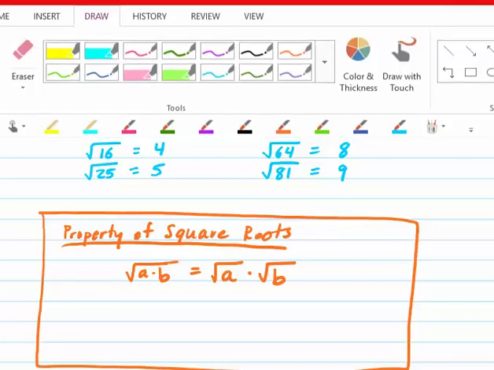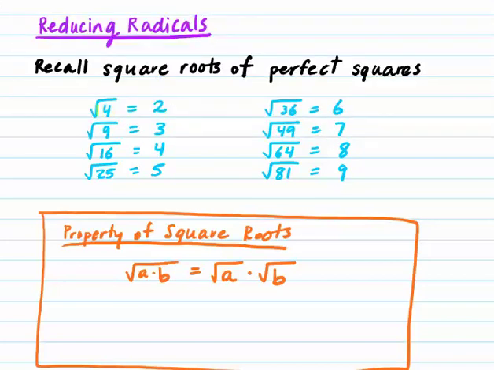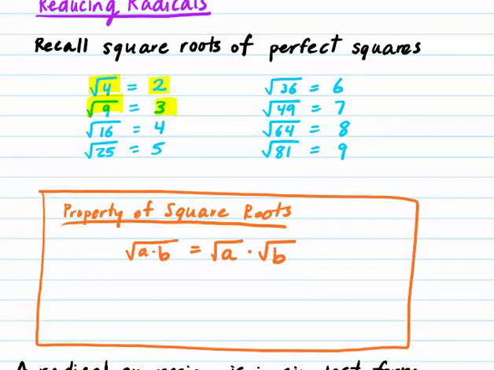Those are square roots that you can simplify and the answer is just a whole number and there's no more radical. So the square root of 4 is 2 and the square root of 9 is 3 and so on. Before we jump into the problems we're going to work in simplifying, there's one property that